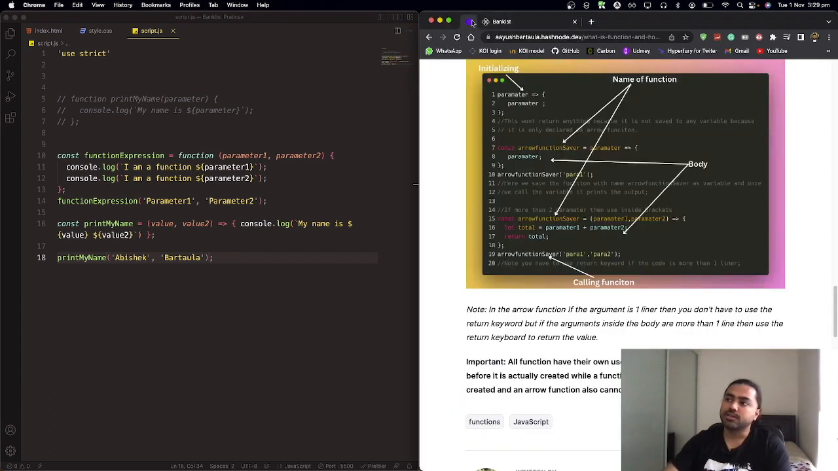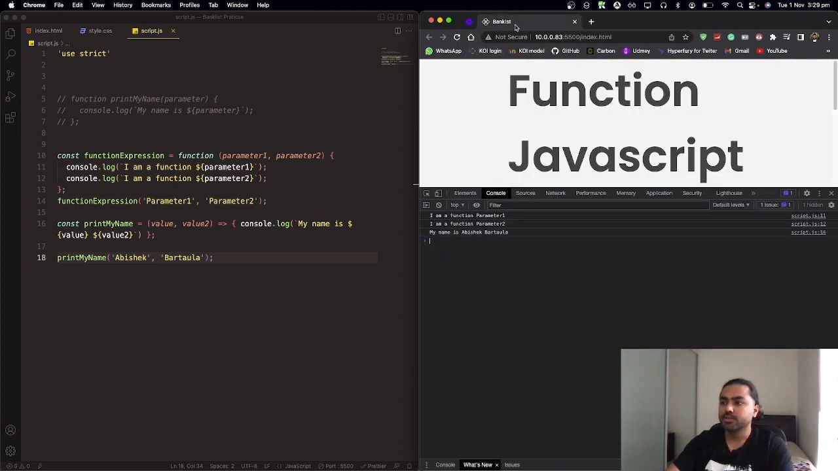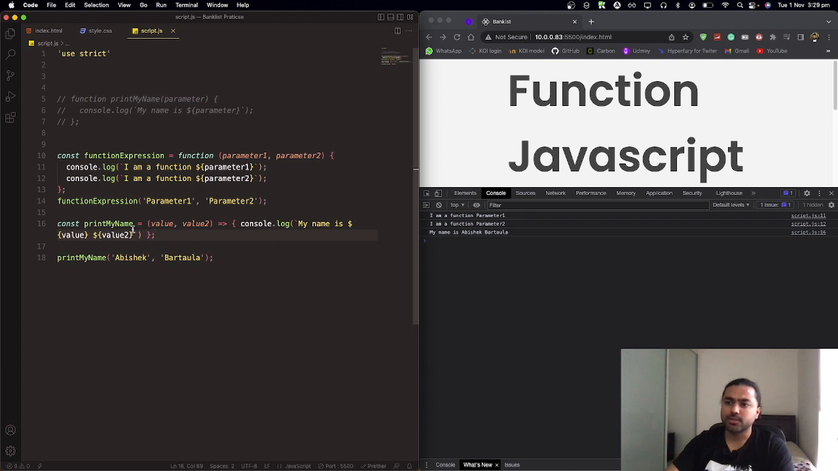So now there are some other main things that we must remember. Suppose the function is just a one liner like this, as you see here, it's just a one liner, then you don't have to use. So yeah, that's it for